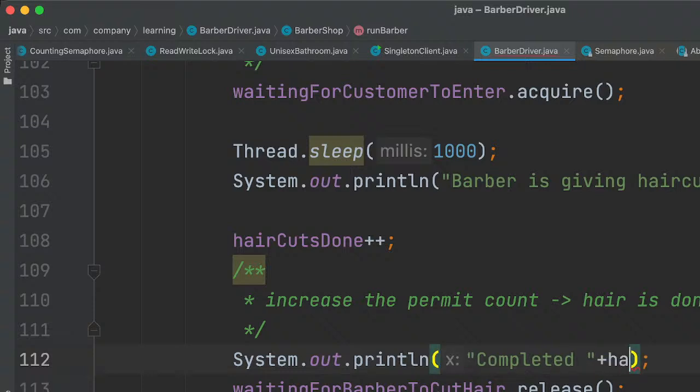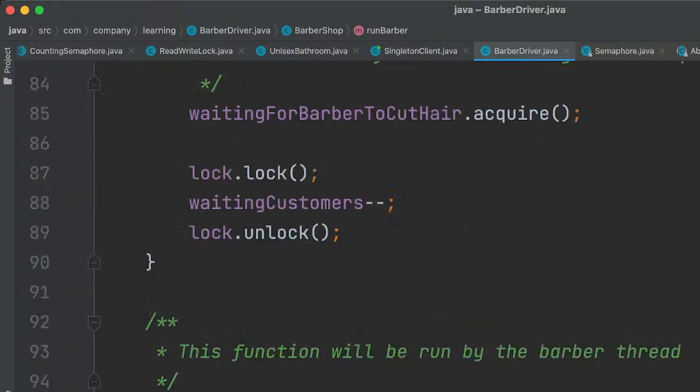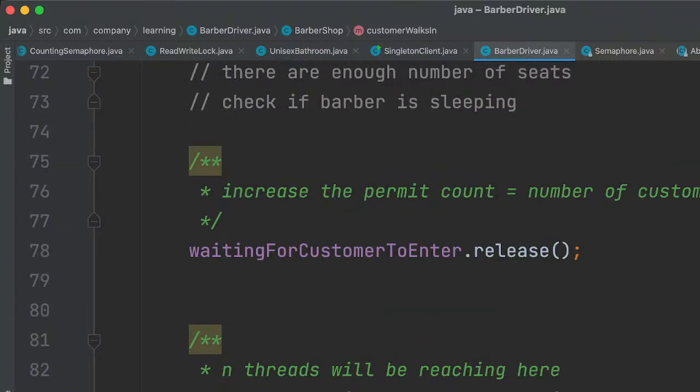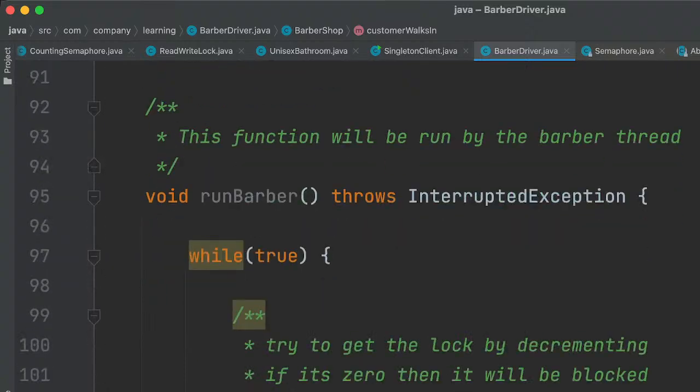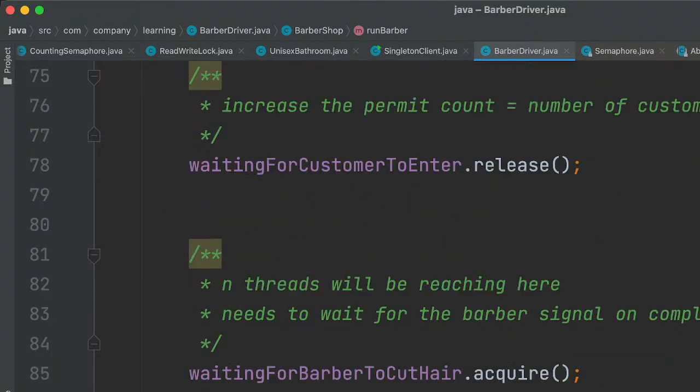Suppose initially it will be 0. So this will signal this and it will trigger this, and all other threads will be waiting here. If there are 3, then -1, -2, -3, all the 3 threads waiting here will be -3.